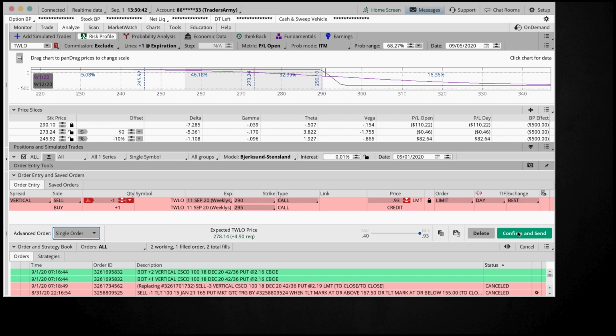Now, you could just go ahead and confirm and send it, and you could try to get filled on this entry order, but then you would have no stops or targets or anything in place. So you'd be kind of just out there willing to risk it all to make 93 cents, which I wouldn't say is wrong. It's just not good risk management necessarily, in my opinion, to risk 4 times what you stand to make